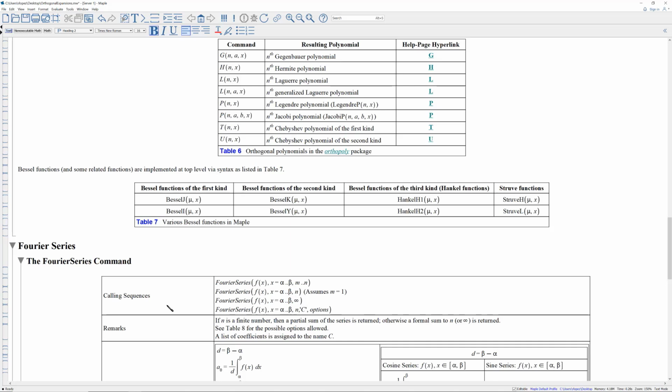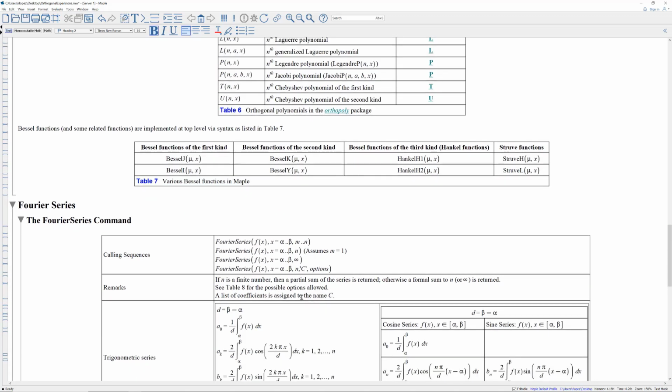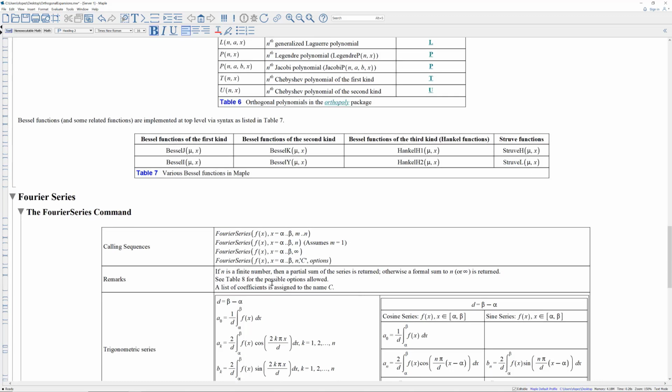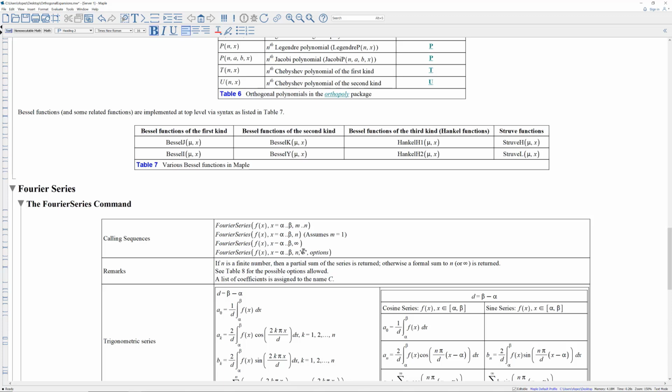The n can be infinity, and you get a formal sum. You could put a name into which the coefficients will be placed, so that you can see what the coefficients are separately from the expansion, and then you have various options. If n is a finite number like 5, then you get a partial sum to 5. If it's an indeterminate like n or infinity, you get a formal sum. Table 8 lists the various options that you might access, and the list of coefficients would be assigned to